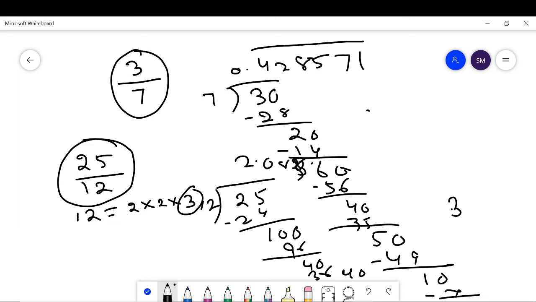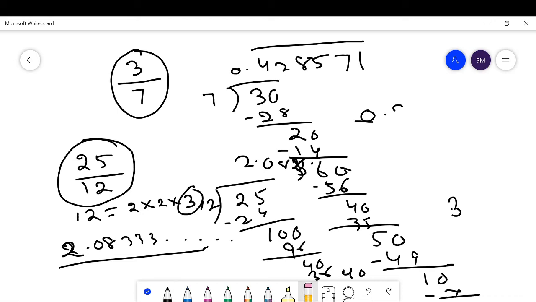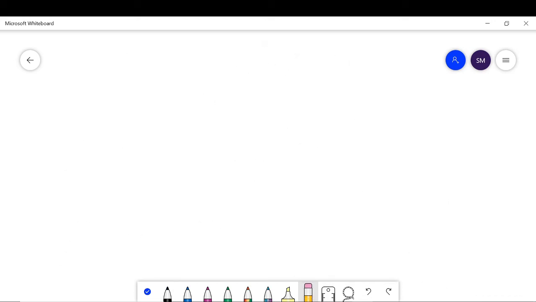Next, 12 divided by 3, what do we get? We get 2.08333333 like this. This doesn't give us a terminating decimal number. Suppose we take an example of